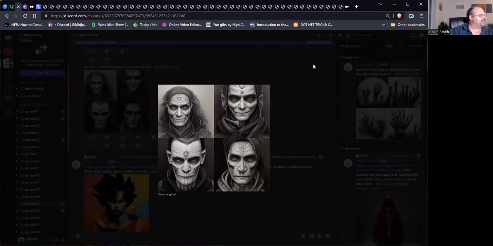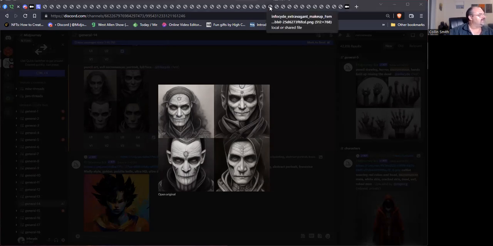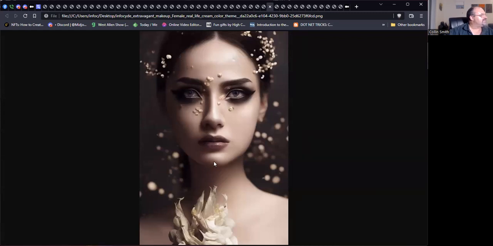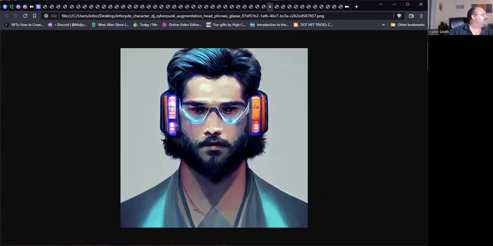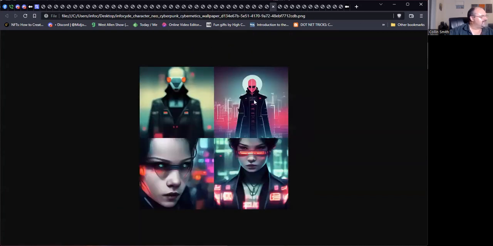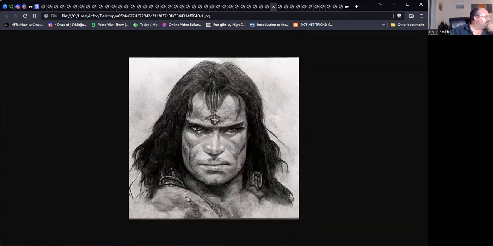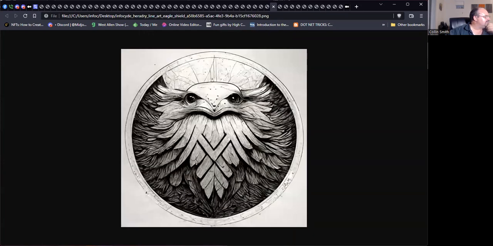Look at this one for photorealism. That's just crazy, and you can get stylistic with cyberpunk and... I kind of like this one. I wish I knew where that one was and I'd redo it. Different types of art styles, heraldry, ancient ruins.